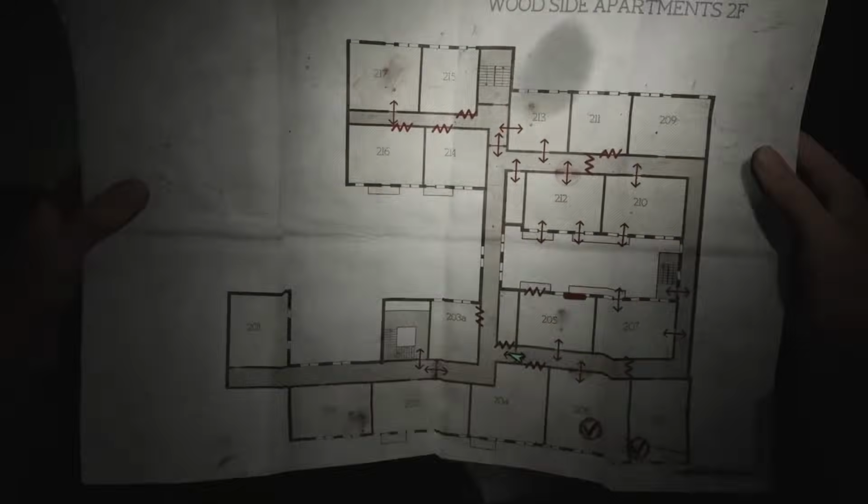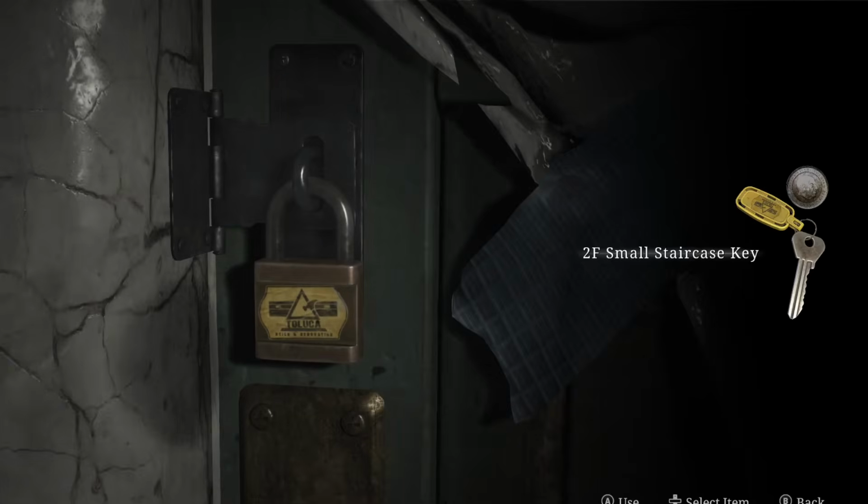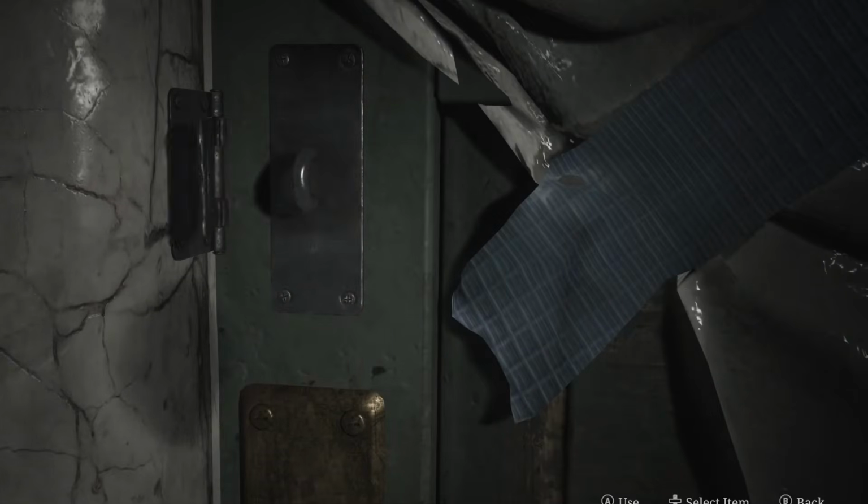Now if you don't know where we are, I'll show you where we are on the map here. And all you need to do is turn right. There'll be a new enemy here this time, so defeat that and continue until you get to this door. Now this is where we'll unlock a new section on the 3rd floor and go back to the 1st floor